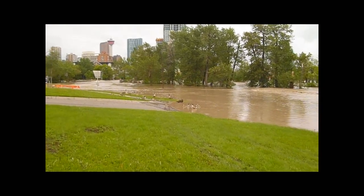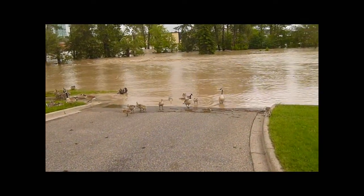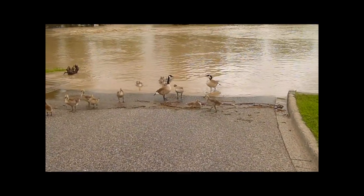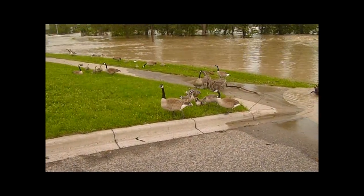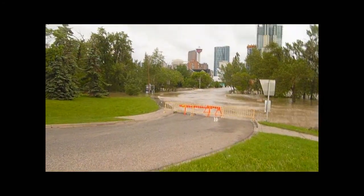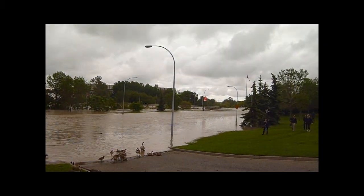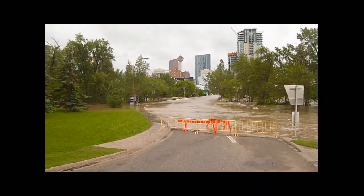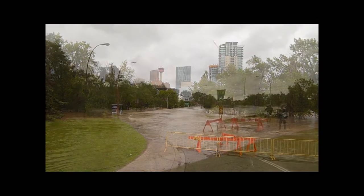Several geese. Hey, babies. Don't worry. So if you look over there, I think that's First Street, and then this merges with McLeod Trail, which was somewhere under all that back there. You can just see the height of the Elbow gushing over the guardrail on that bridge. And that road will lead you into